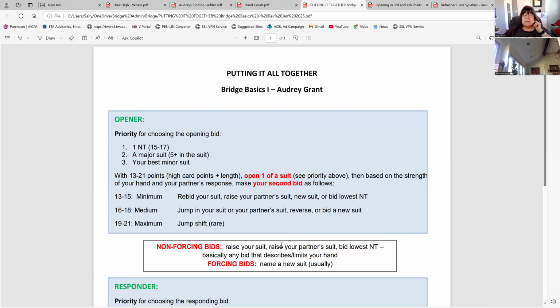And what you're going to do, as we just discussed, is if he's bid again and has not limited his hand, then if you have this minimum category, you will rebid your suit, raise their suit, or bid the lowest no trump to show you're at the limited minimum. Or jump in your suit, jump in your partner's suit, or bid a new suit. That shows the medium level. And then you could, rarely, do that jump shift to show 19 or more points. So let's look at some examples then